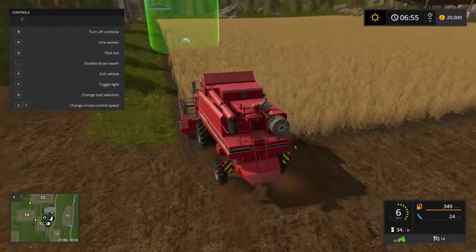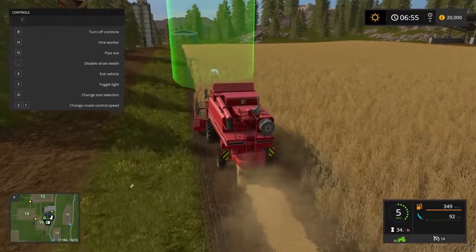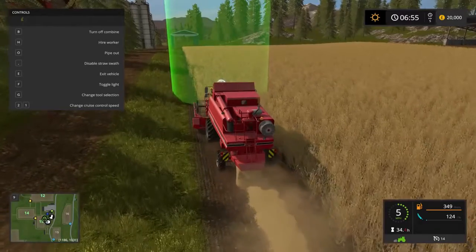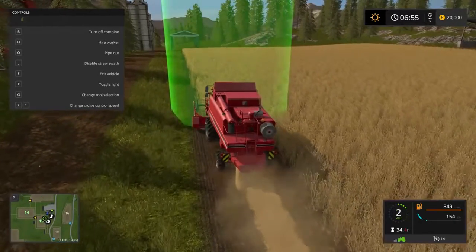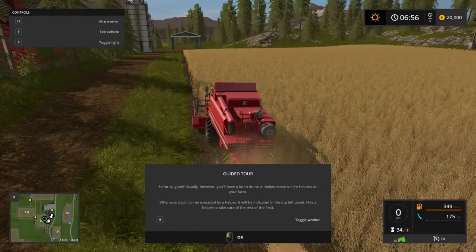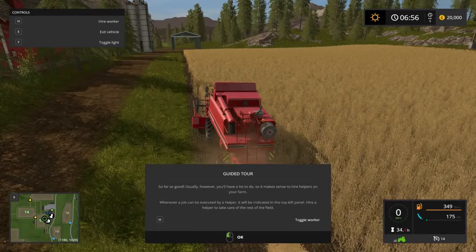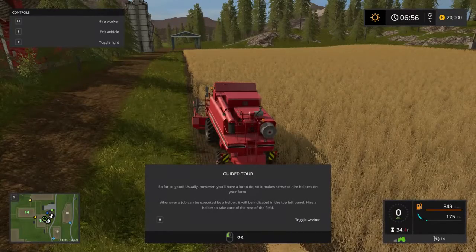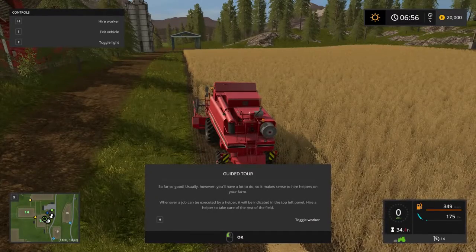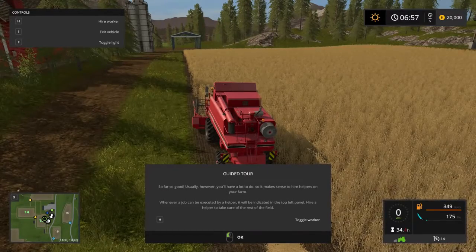So, off we go. There are many help boxes within the field. If you look down the right hand side of the screen, you'll see there is actually an hour meter, and this combine's already done 34.4 hours. So far so good. Usually, however, you'll have a lot to do, so it makes sense to hire helpers on your farm. Whenever a job can be executed by a helper, it will be indicated in the top left panel